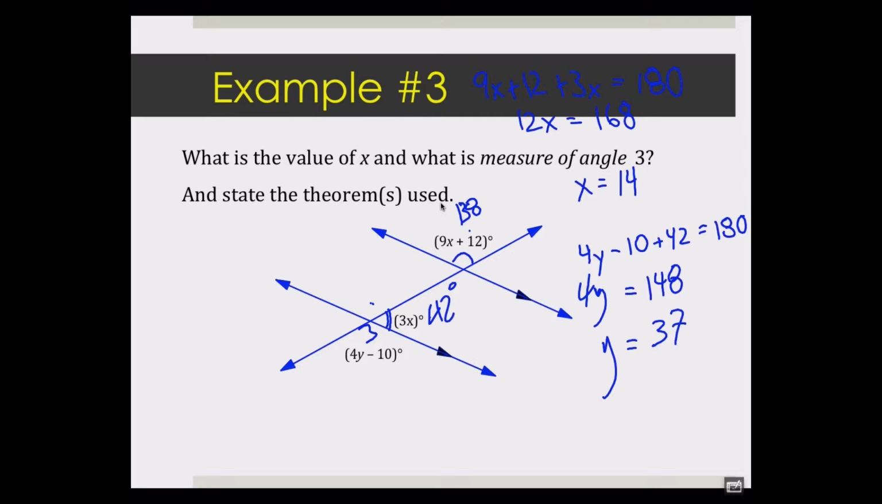Question? For when it says state reasons, would you say like linear pairs and stuff like that? Well, that's another breakdown in this case, is we don't have a theorem that allows us to relate this to that. So I would use,